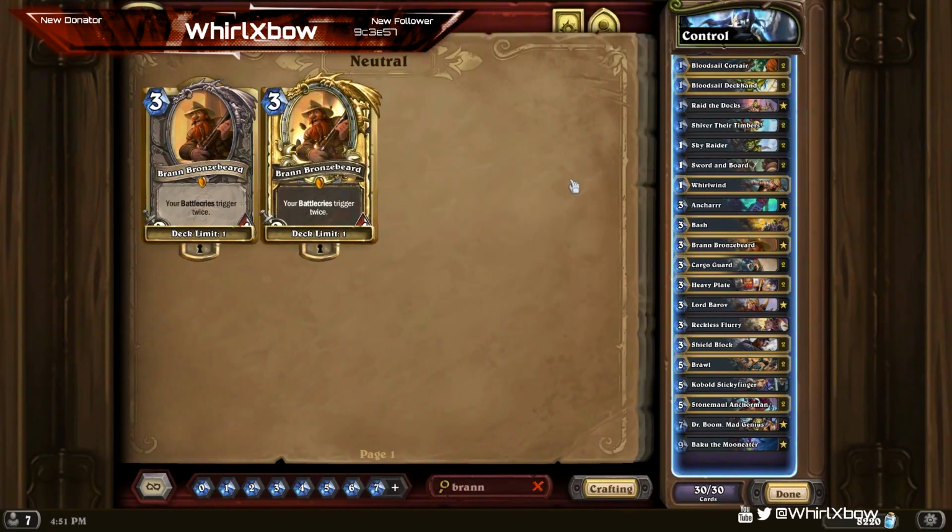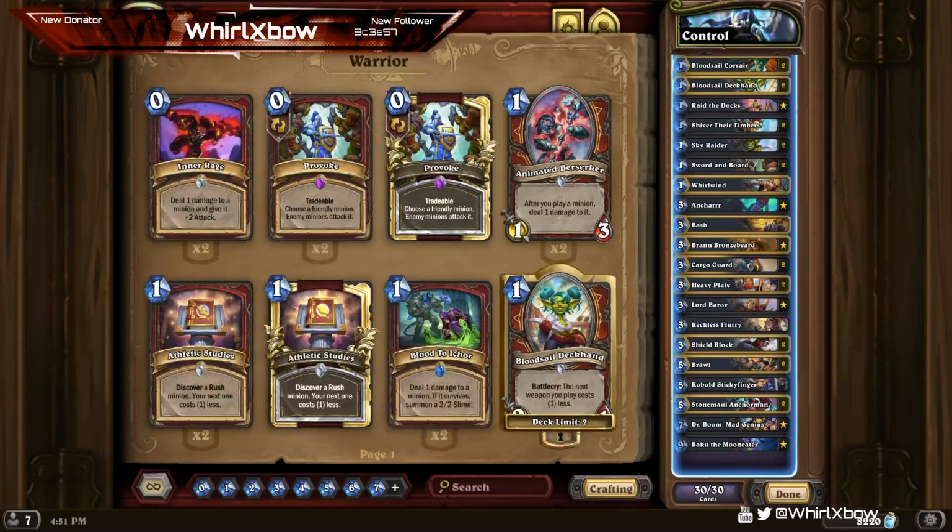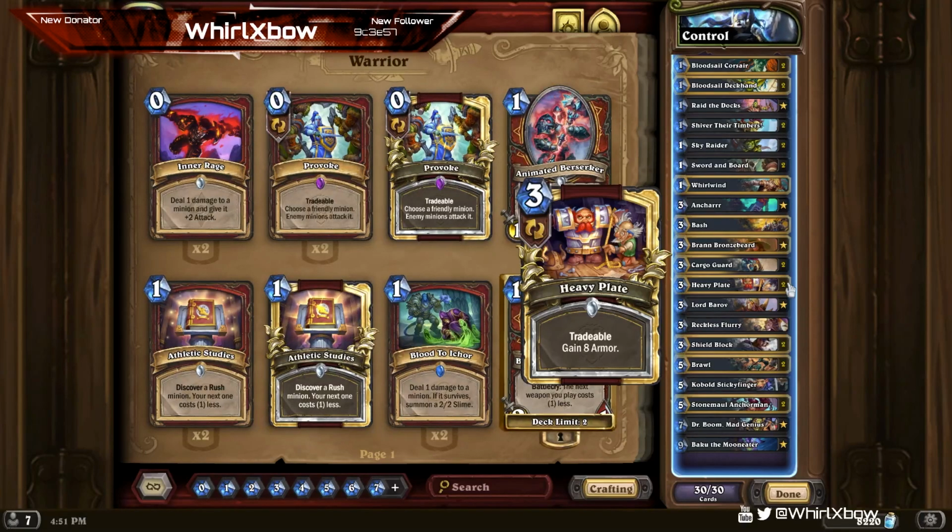Heavy Plate is one of those cards that I thought would never see play, and it's becoming more and more playable in control lists, because you don't want to play this in the early game. You kind of only want to save it till late game. Against control, you cycle it, you draw a card, you don't cost 1 mana,